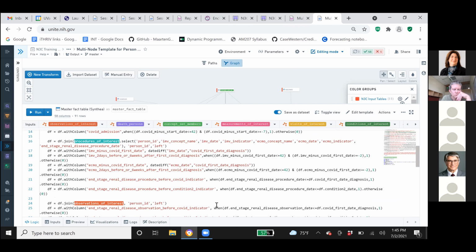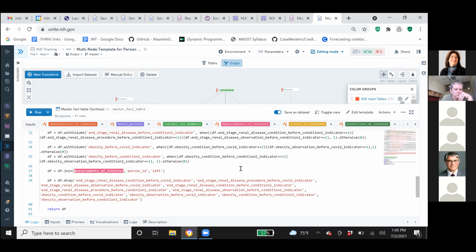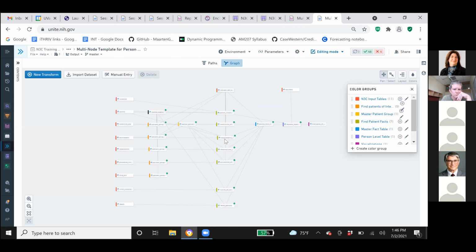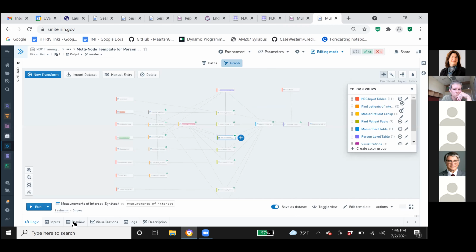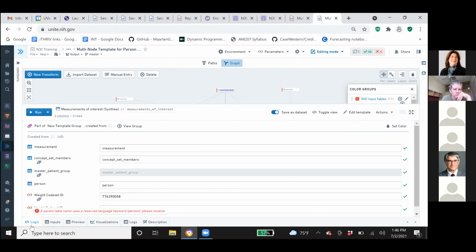Yeah, that's a great point. That's a big efficiency gain from having the master patient list already established now. So you can just do that type of join, much more efficient. Yeah. Also, I forgot to mention how the measurements of interest table here, I'm using this to get the